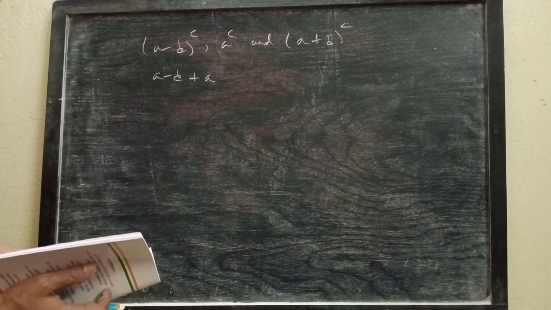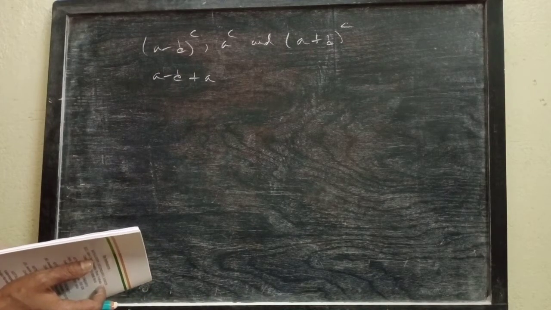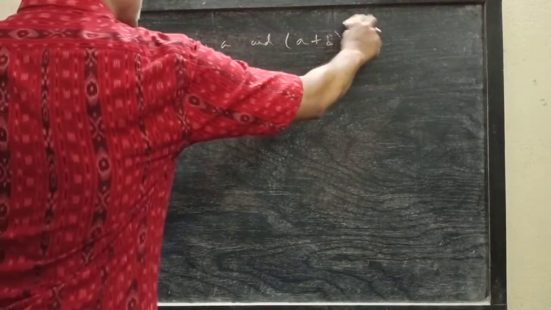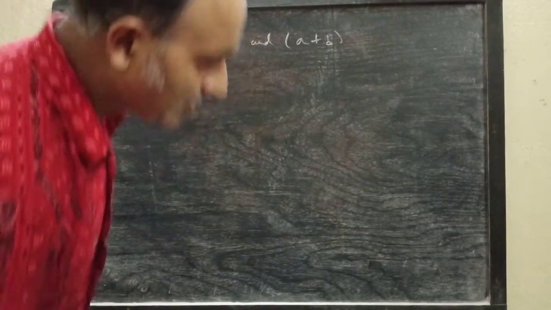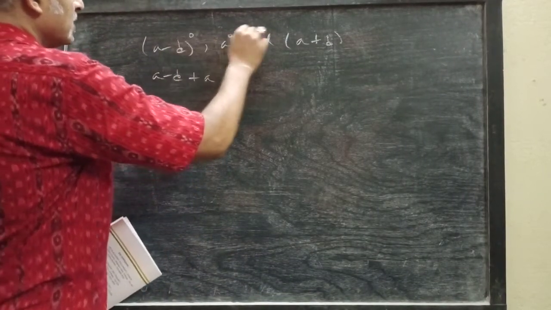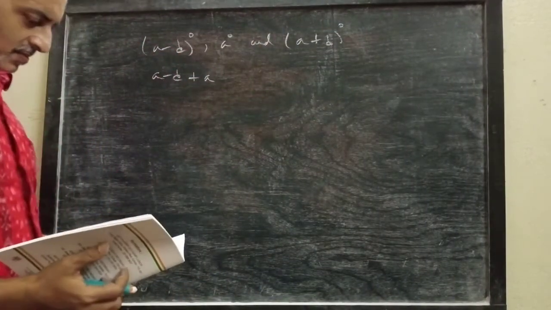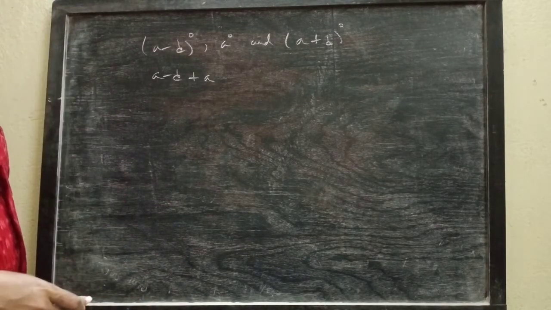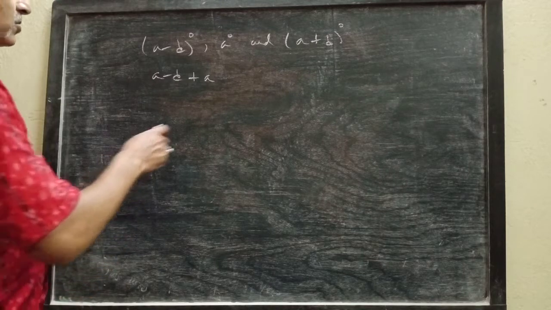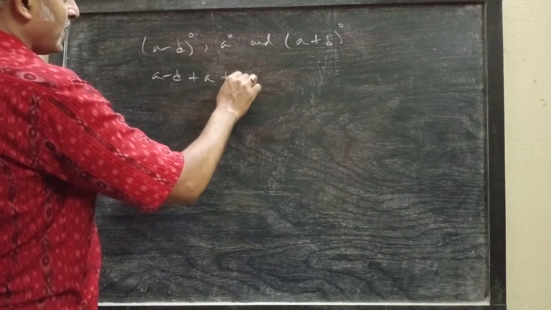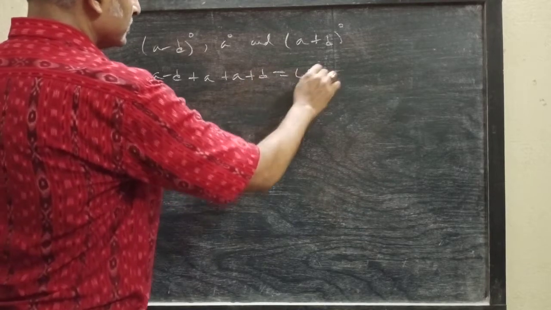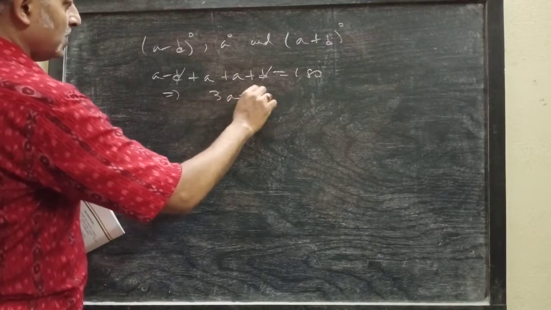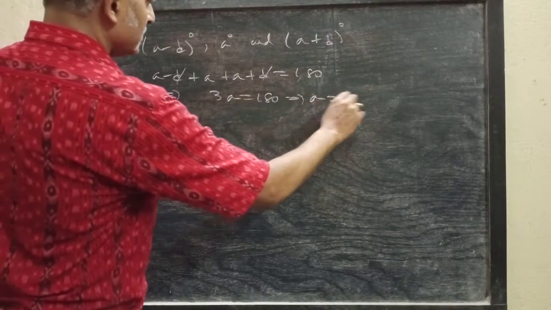but the second condition is number of degrees. No, let us consider this in degree. We can't take in radians because the second condition is in terms of degrees there. So let the three angles of a triangle have the measure A minus d degree, A degree and A plus d degree. So we have the equation A minus d plus A plus A plus d is 180. d cancels, so you get 3A equals 180, so A is 60.